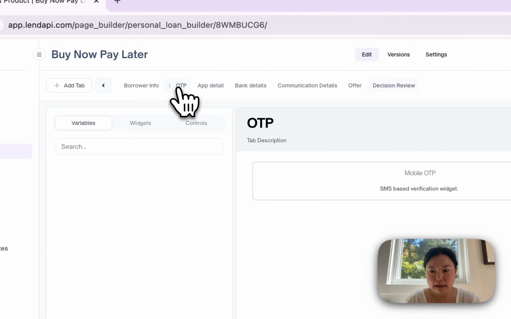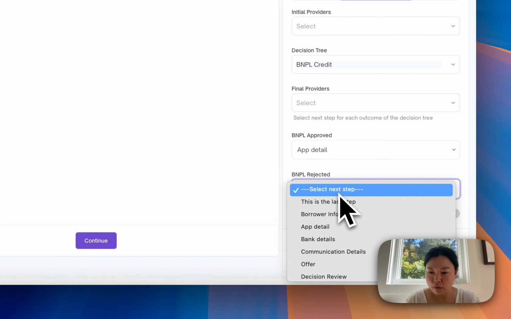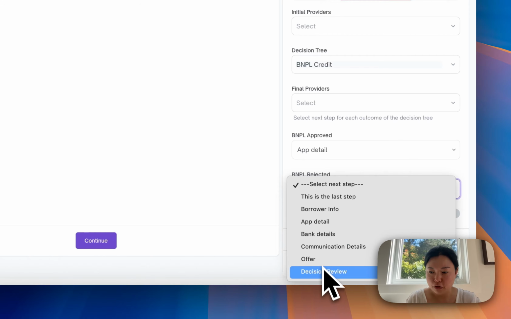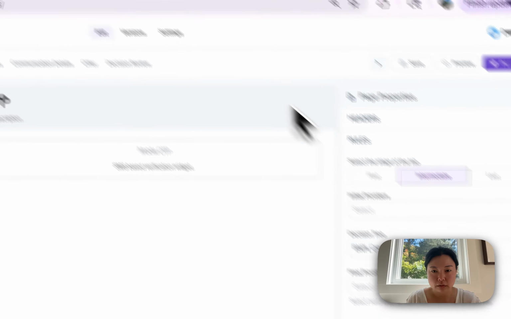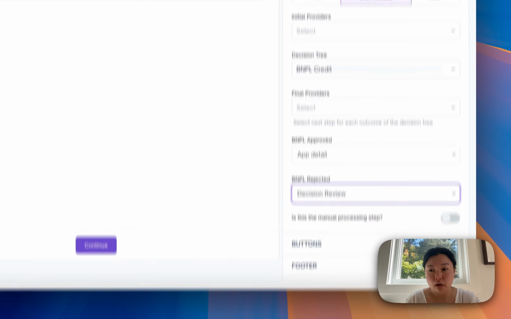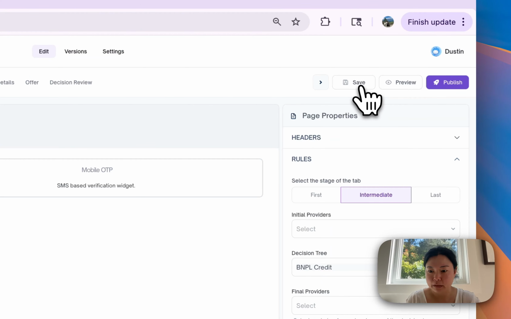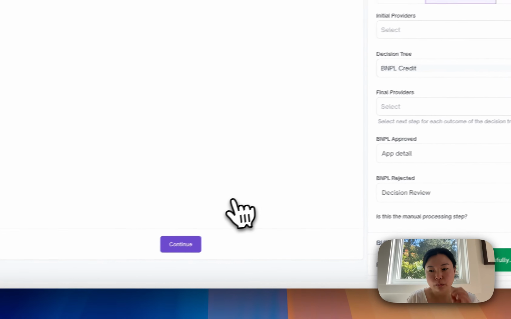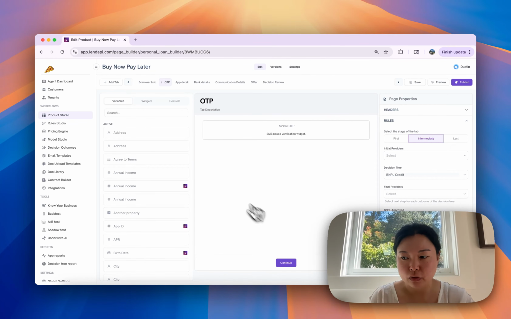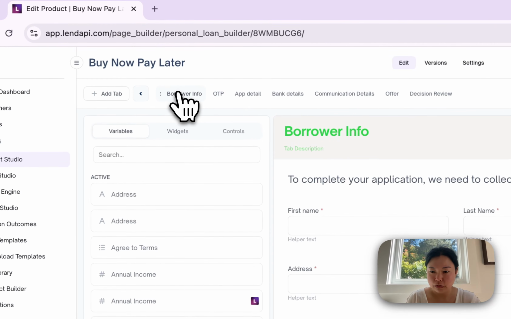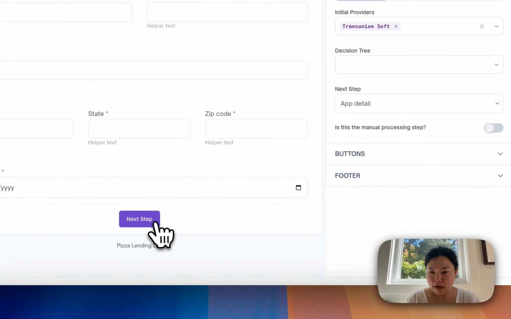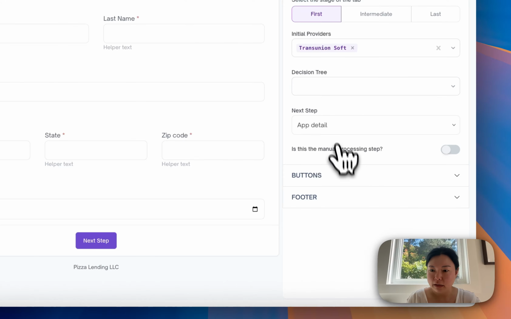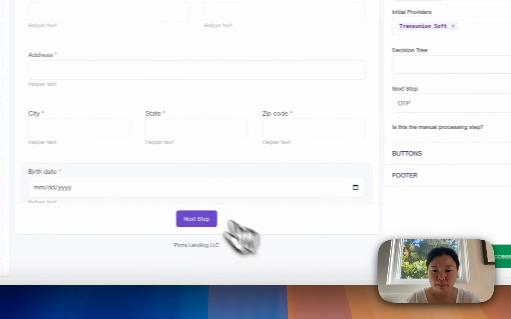And for that, this is where I'm going to push the user to if they do not qualify for the 650. And that is how you would pull in a decision tree into our product studio. So let's review. After the user clicks the first step, they'll actually be taken to the OTP page where they're